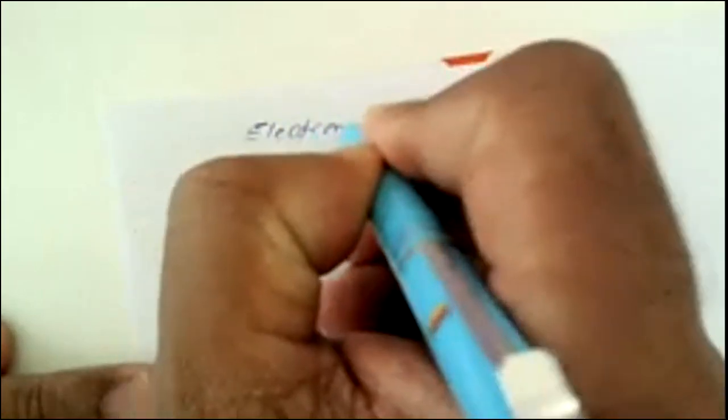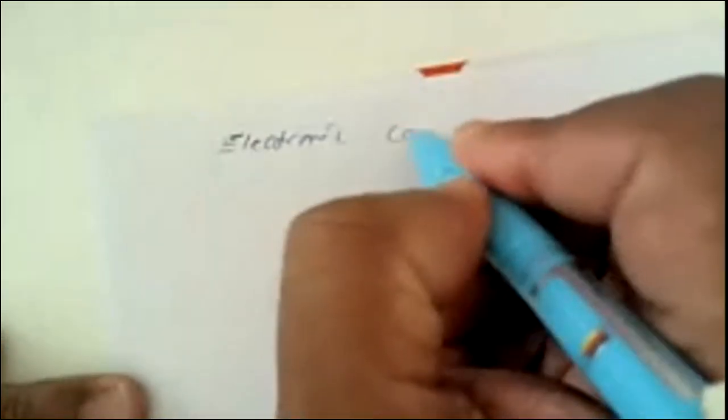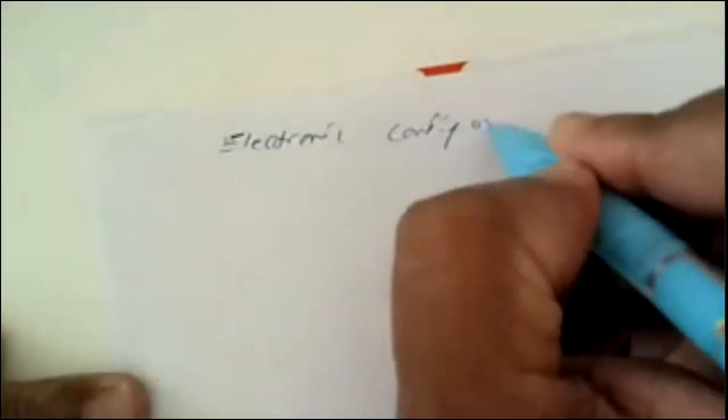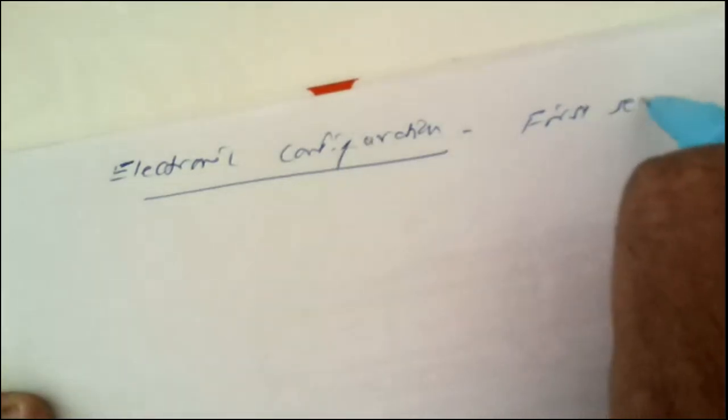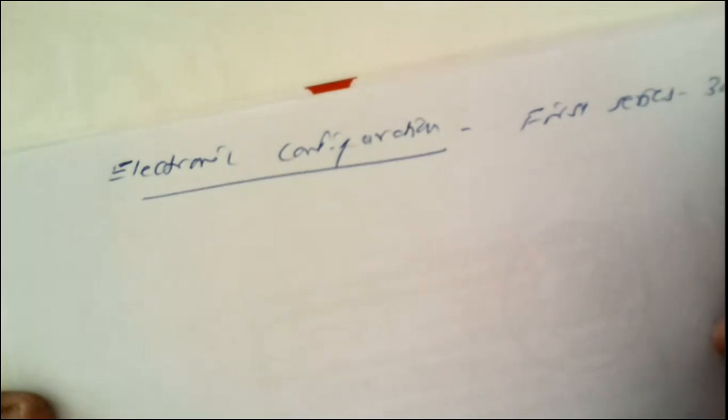See here. I think all of you have taken your notebook with you. Every day I will not ask you to take your notebook. You should be with your notebook during this Zoom meeting. So the first point that we are going to cover is electronic configuration of the 3d series. That is the first series of elements, known as the 3d series.